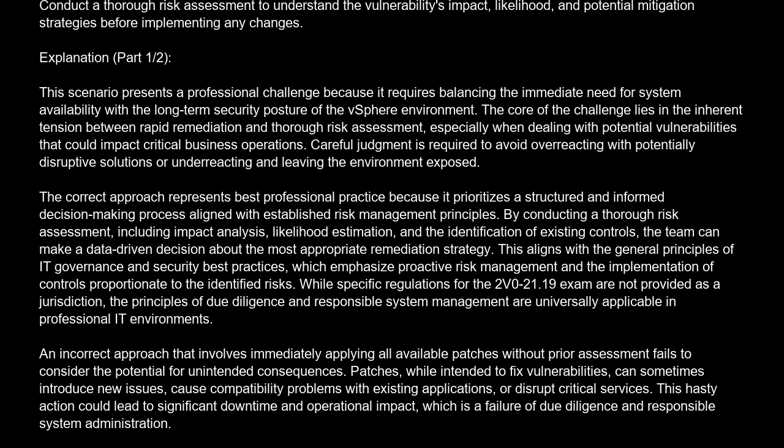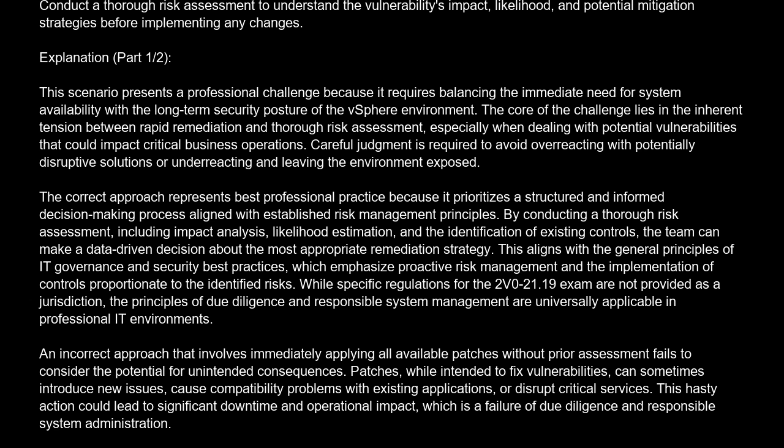While specific regulations for the 2V0-21-19 exam are not provided as a jurisdiction, the principles of due diligence and responsible system management are universally applicable in professional IT environments. An incorrect approach that involves immediately applying all available patches without prior assessment fails to consider the potential for unintended consequences. Patches, while intended to fix vulnerabilities, can sometimes introduce new issues, cause compatibility problems with existing applications, or disrupt critical services. This hasty action could lead to significant downtime and operational impact, which is a failure of due diligence and